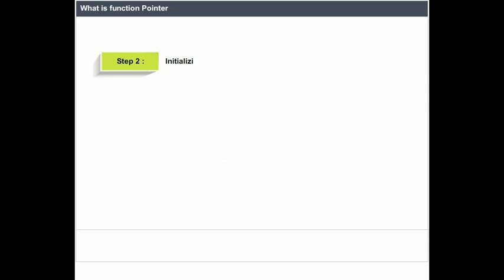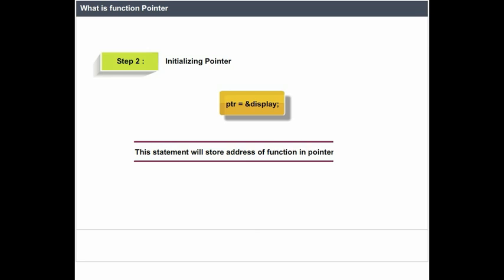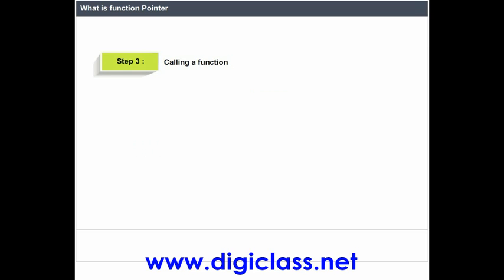Step 2. Initializing the pointer: ptr = display; This statement will store the address of the function in the pointer variable. Step 3. Calling a function: (*ptr)(); Using (*ptr)(), one can call the function display();